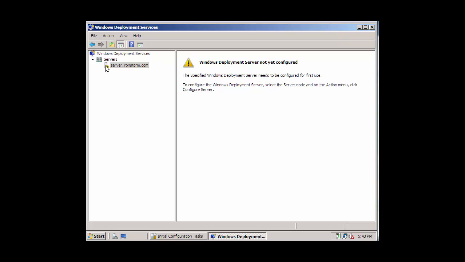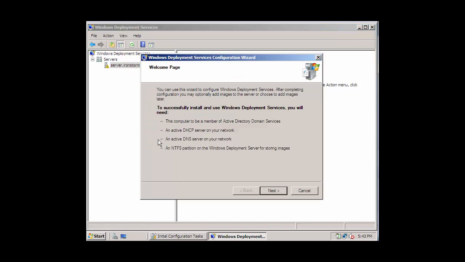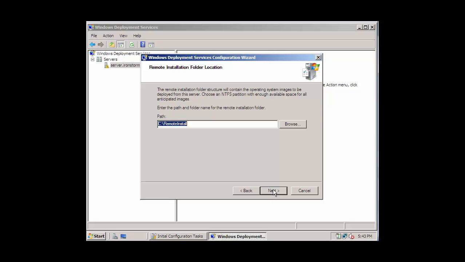So now we are going to right click on the server, configure server, and as you can see, Windows is reminding you of the requirements that we went through earlier. Then go next. So this is the folder path where the images are going to be stored. You can create your own folder and share it for the entire network, but for this tutorial we will just stay with the default. So next,